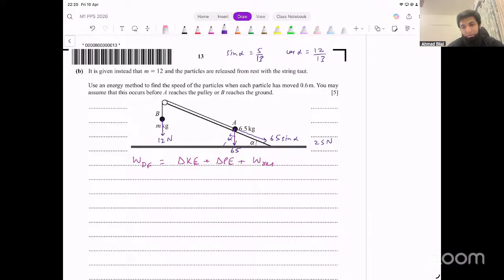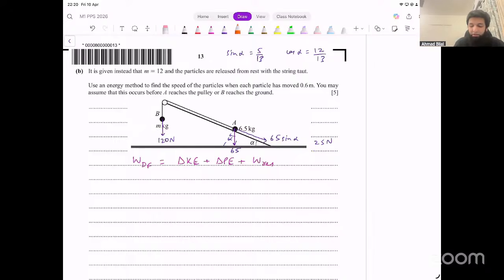Okay, I'm sorry. Weight was 120 here, not 12. This was 120. That's not 12. This is 120. Now we need to see if this 120 is sufficient to counter this 25 plus any friction